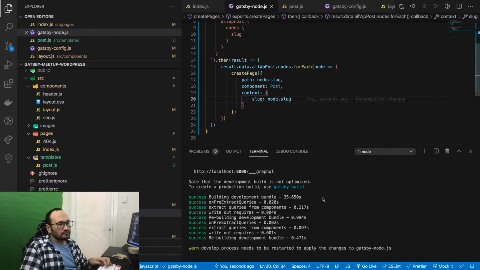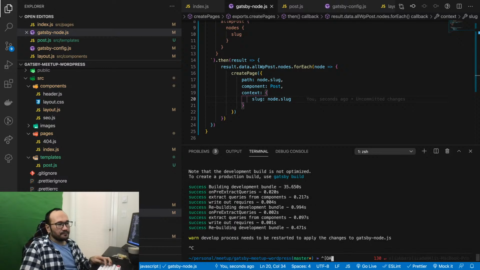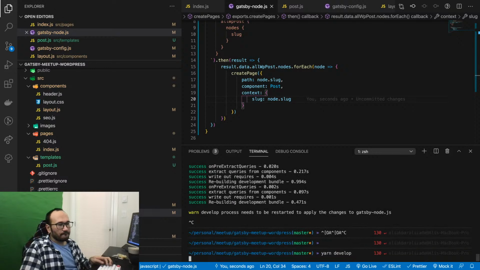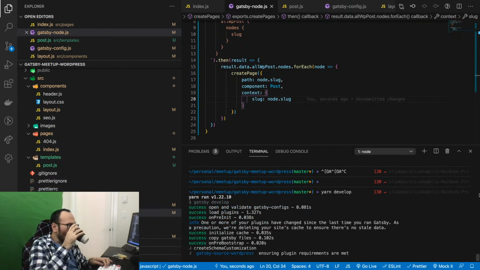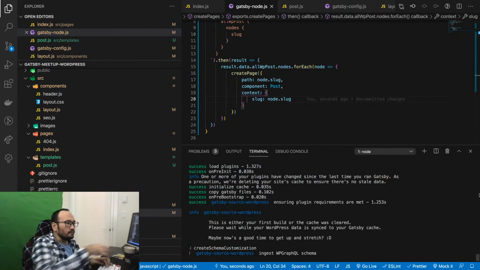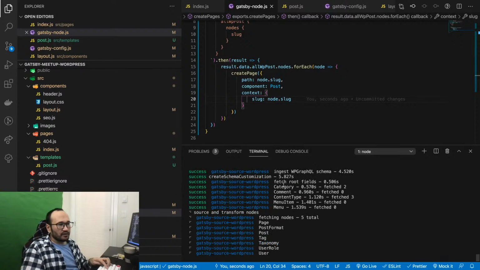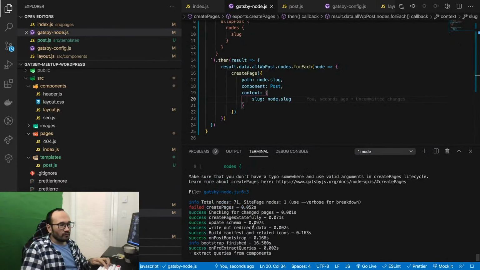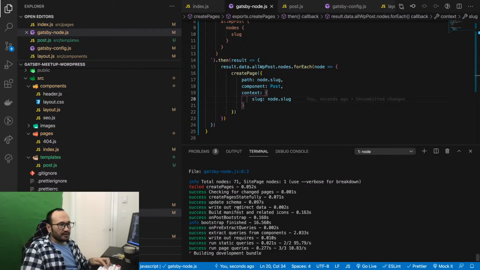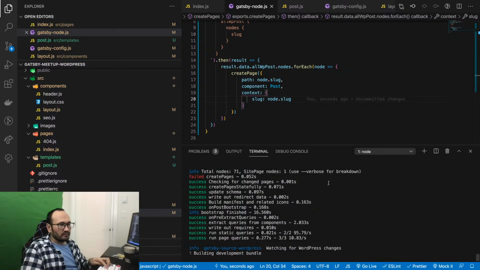Okay, so because of this, it's saying you need to run it again. I'm running it again. So we query the database and it gets all the information back, and we create pages. Some of them failed, node verbose breakdown.